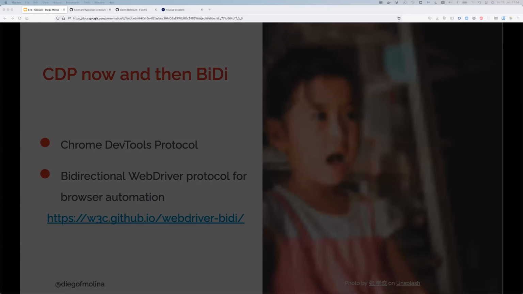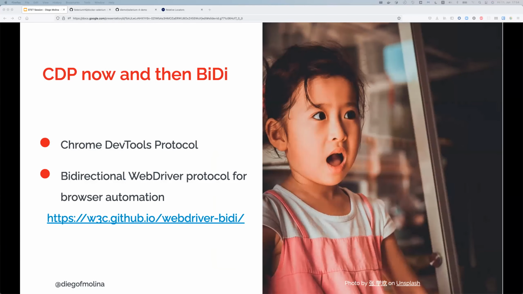So that's why we have Chrome DevTools Protocol integrated into Selenium 4 right now, because this is just a preamble of what is happening in the future, called BiDi, the Bidirectional WebDriver Protocol. It's also on its way to become a standard. Standards take a while, maybe it will be ready in 1 or 2 years, but the benefit is that the things that you're doing with DevTools Protocol, the most important use cases, not all of them, because DevTools